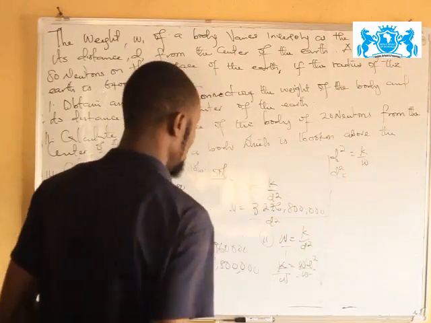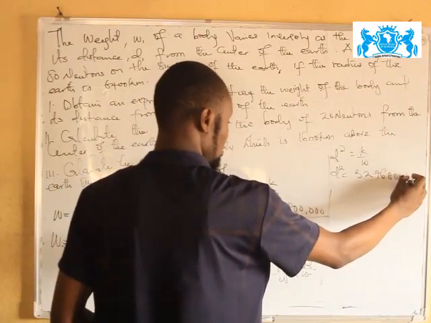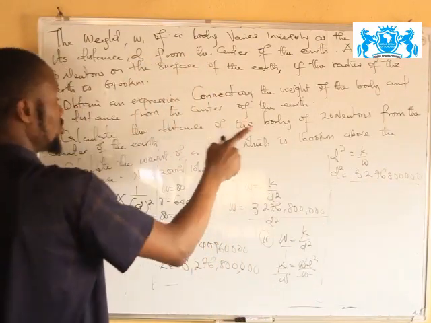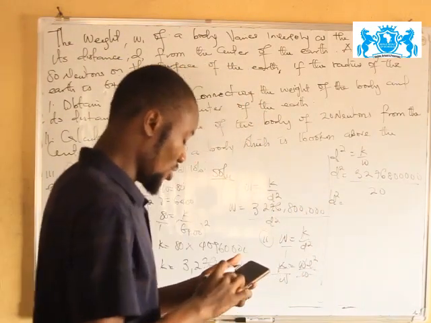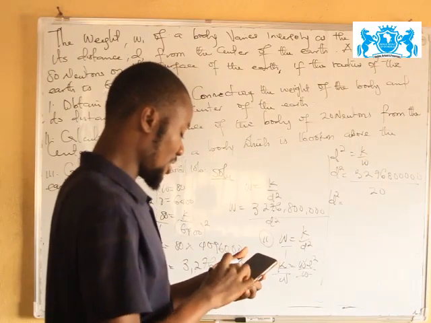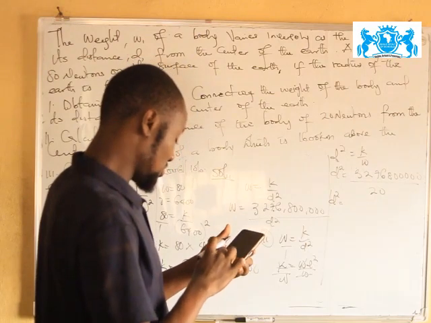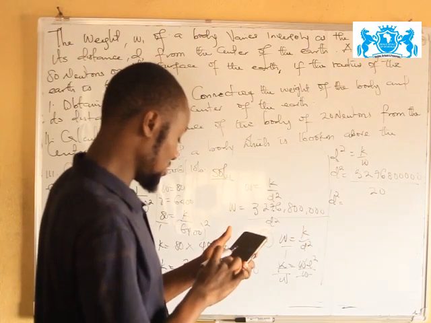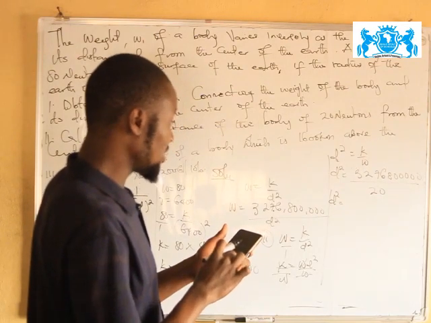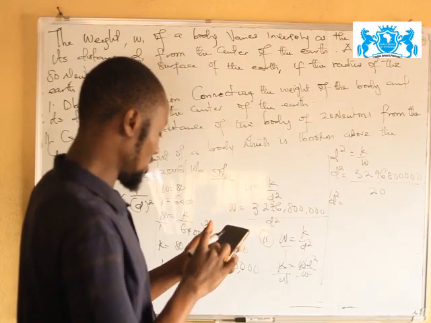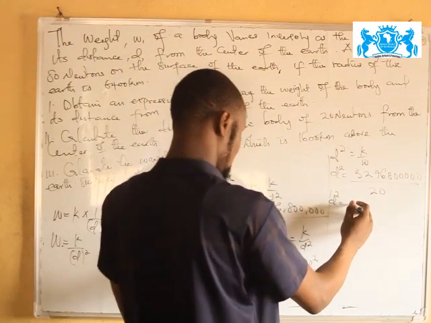And D squared is equals to your K, which is 3,276,800,000 all over your W. Your W is now 20 newtons. So when you divide this huge number by 20, 3,276,800,000 divided by 20, we have that is